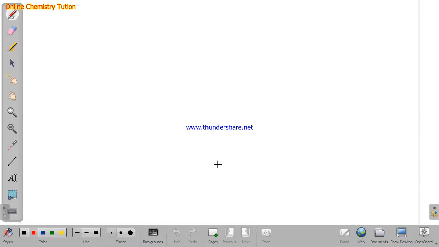Today we will discuss the energy calculation of the Bohr atomic model theory. We know that Mr. Bohr told that the electron is moving around a nucleus in a certain orbit. This is the nucleus and this is the orbit where the electron is moving. When the electron is moving in this orbit, the angular momentum of that electron is not arbitrary. The angular momentum value, that is mvr, should be n multiplied by h by 2 pi,